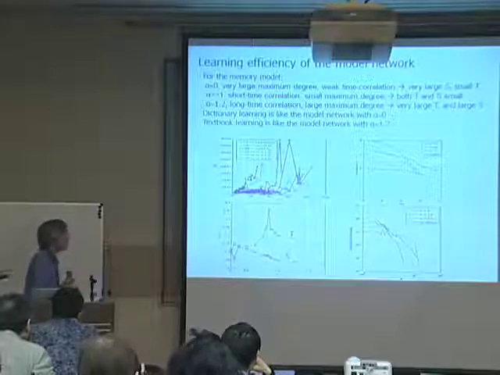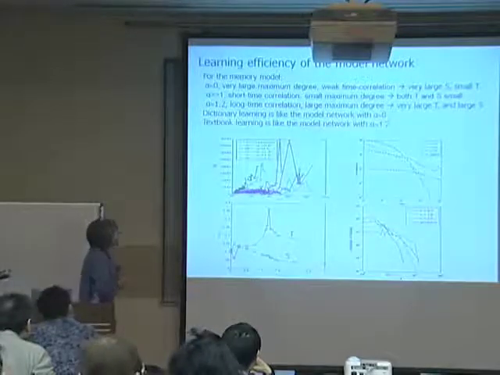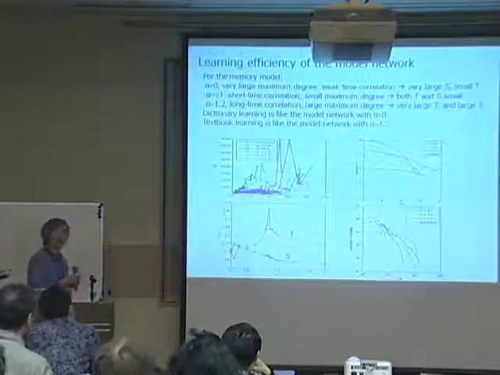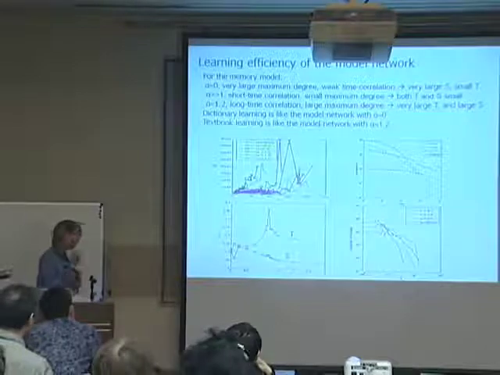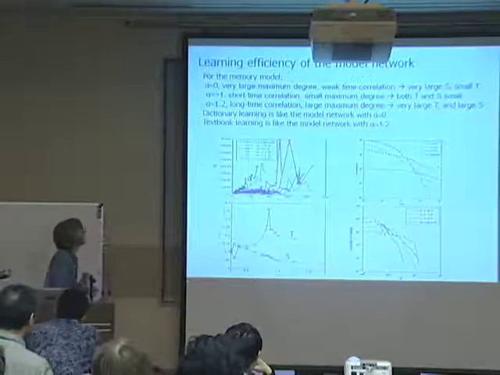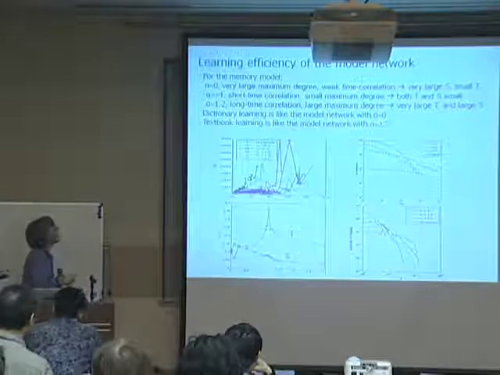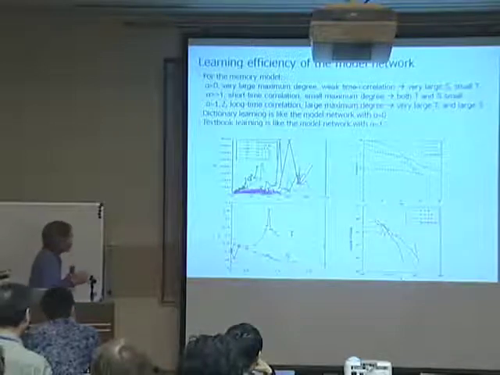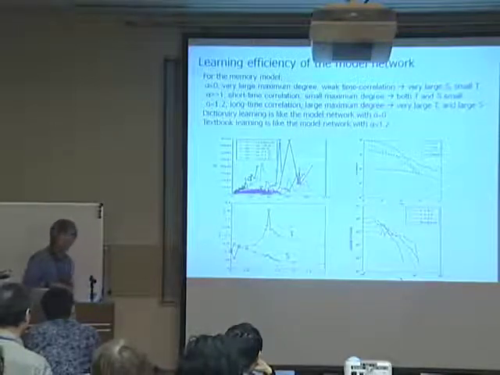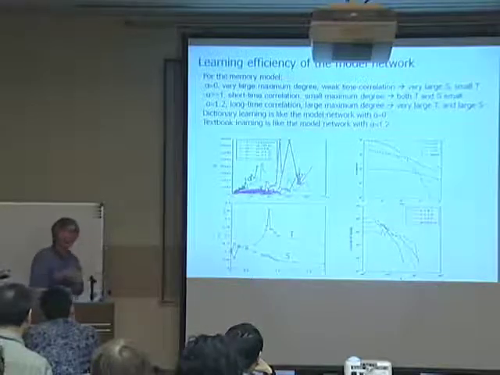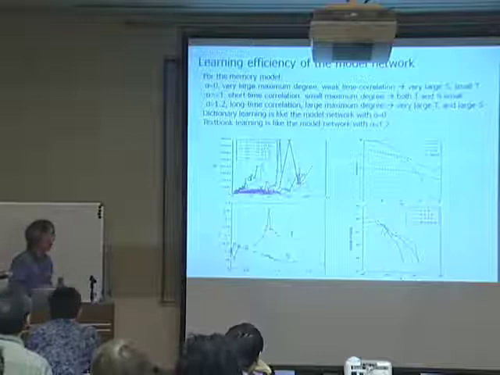This point is real: it has both long time correlation and very large maximum degree. Fortunately, the textbooks I introduced all have long time correlation and very large maximum degree. This is the reason why it could maximize learning efficiency. So we can utilize this kind of property to optimize our